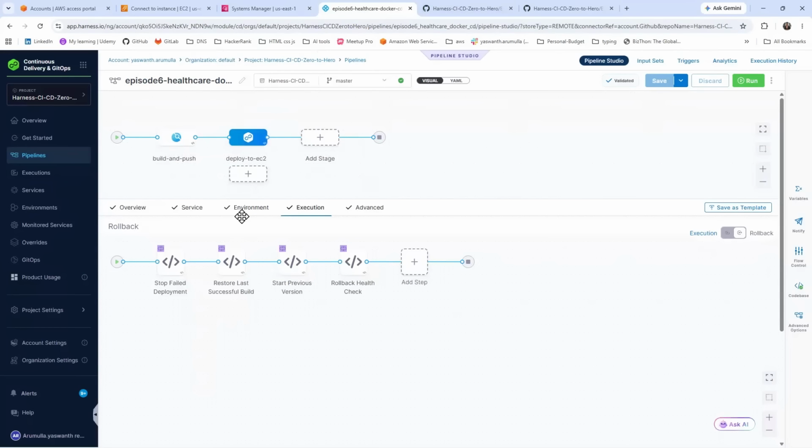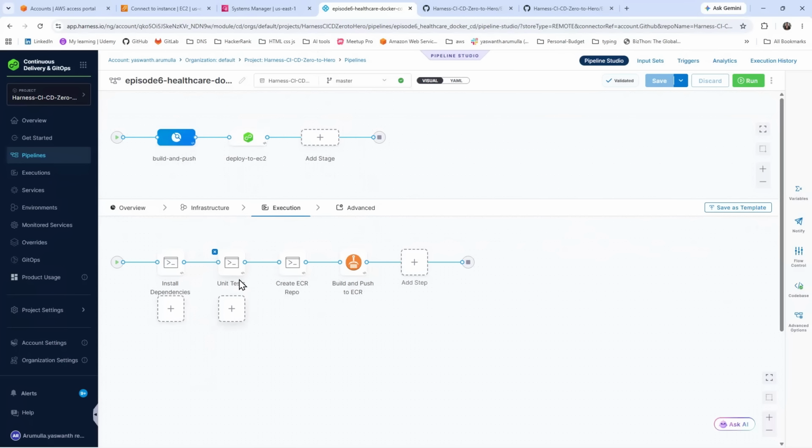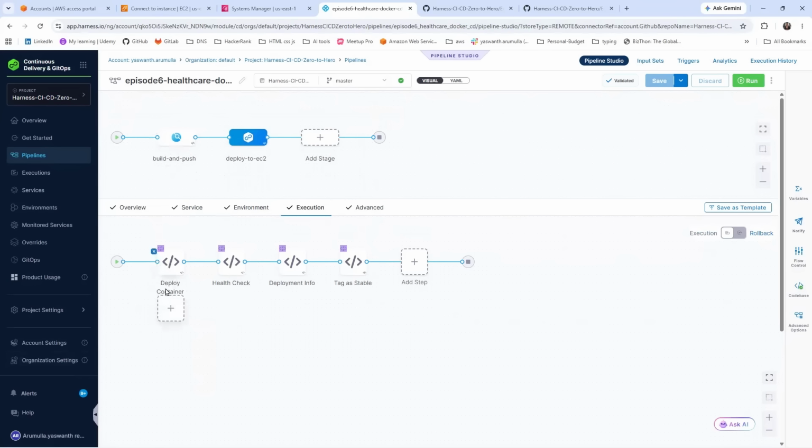Okay, and now go to the pipeline. See dependencies, unit testing, create the repository, and push to the ECR. And next, that is done. It will go to the deployment stage. Okay,